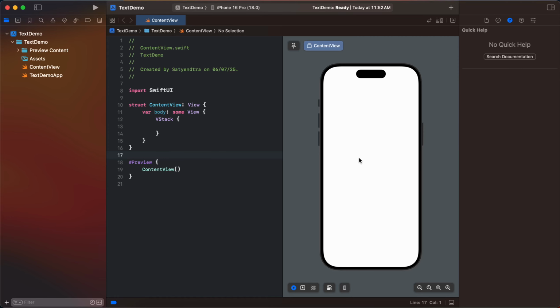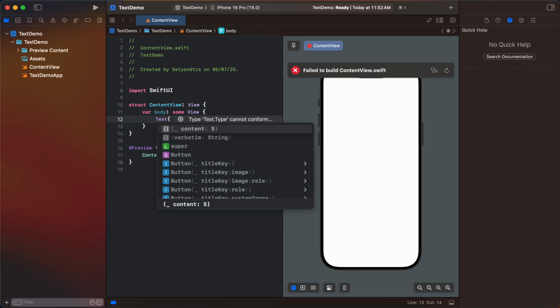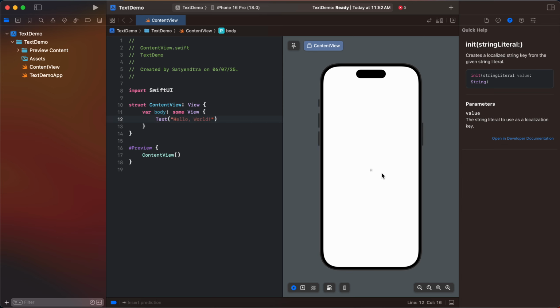As you can see in this preview window, there is nothing to display because it's just an empty page for now. So let me start with the text. If we need to use text over here, we simply need to type Text, and inside this text block we simply need to pass some string data. In our case I have passed "h", and that h will be reflected over here. Let me pass a full string over there. As you can see, Hello World is reflected on